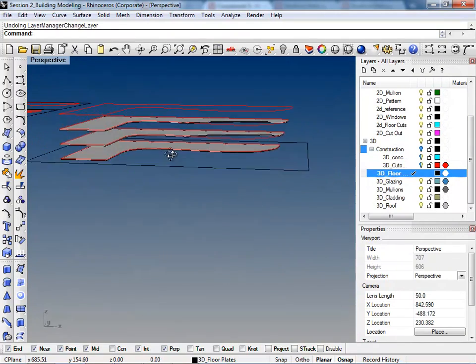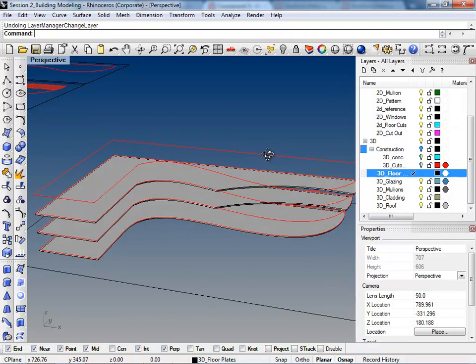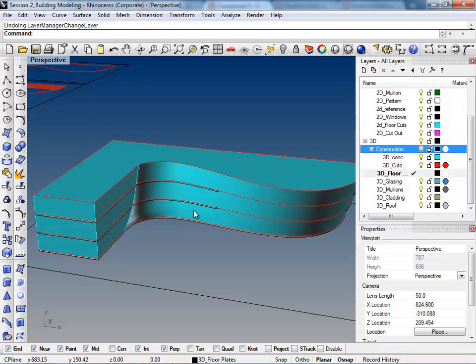All right, so now that we have some floor plates set up, let's say we wanted to put in some windows. So